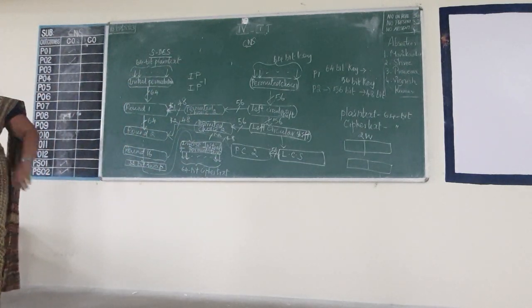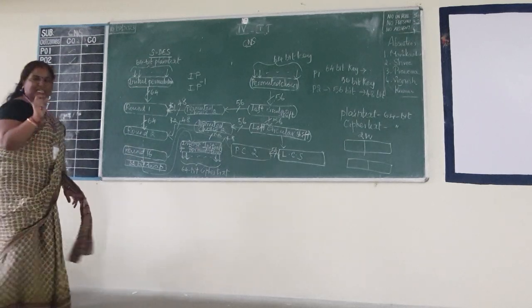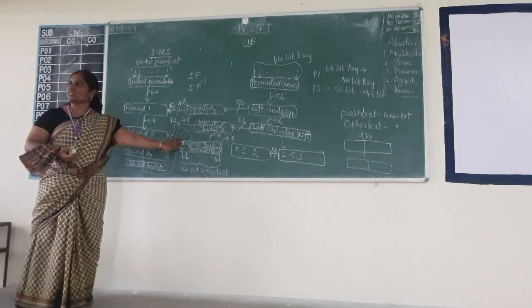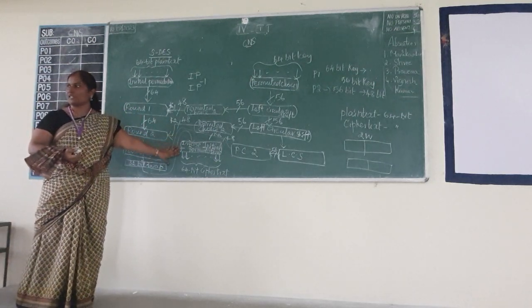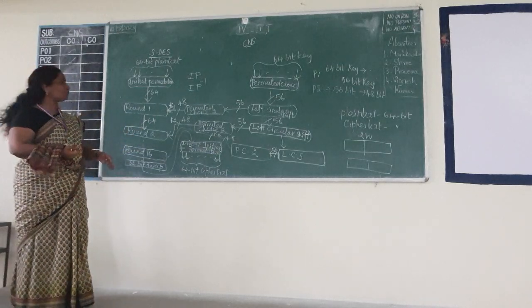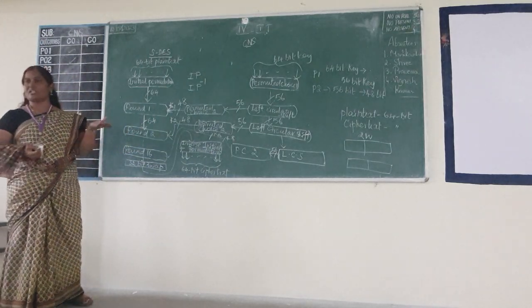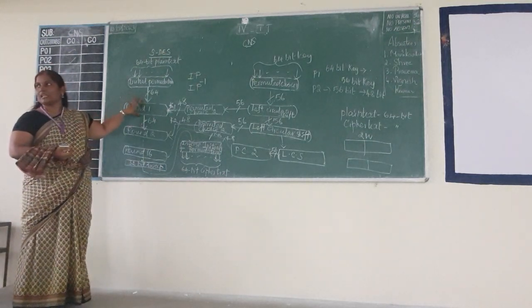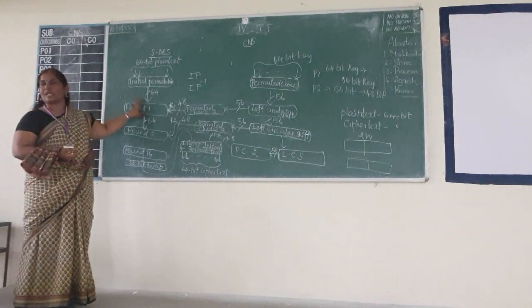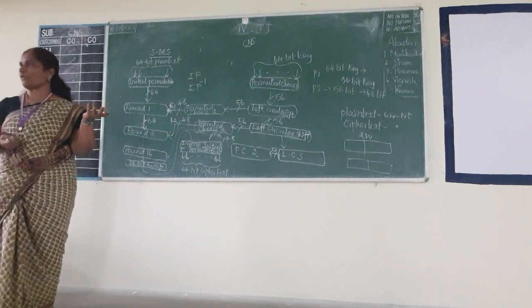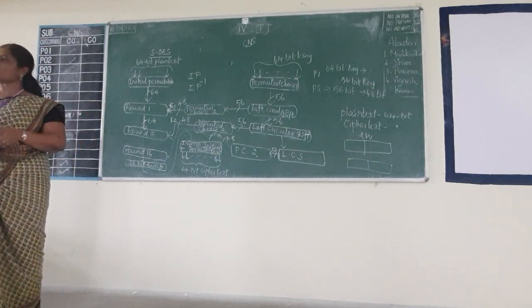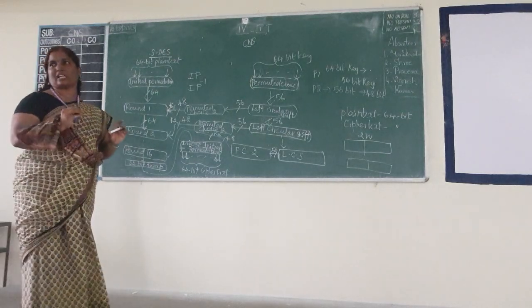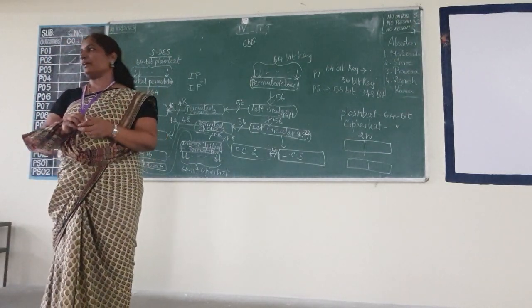So when you are answering this question, you need to write what is DES, what is the principle of DES, followed by this generic diagram. This is the DES encryption algorithm, and then if it is a 13-mark question, you will have to continue with how each round is performed, a single round of encryption. The S boxes and all may not be required, but if it is a part C question, you can write even the S box details. Otherwise, just a few lines about each one of them you will have to address.